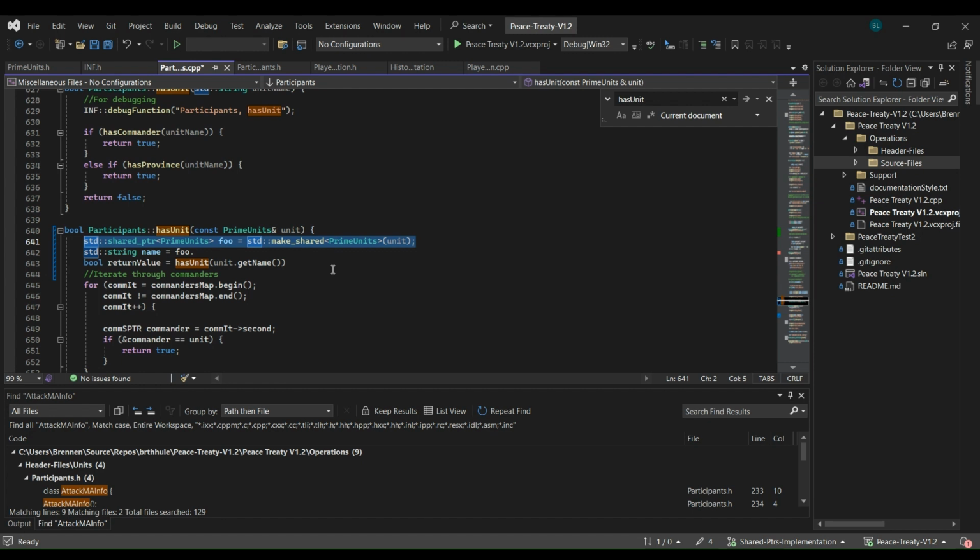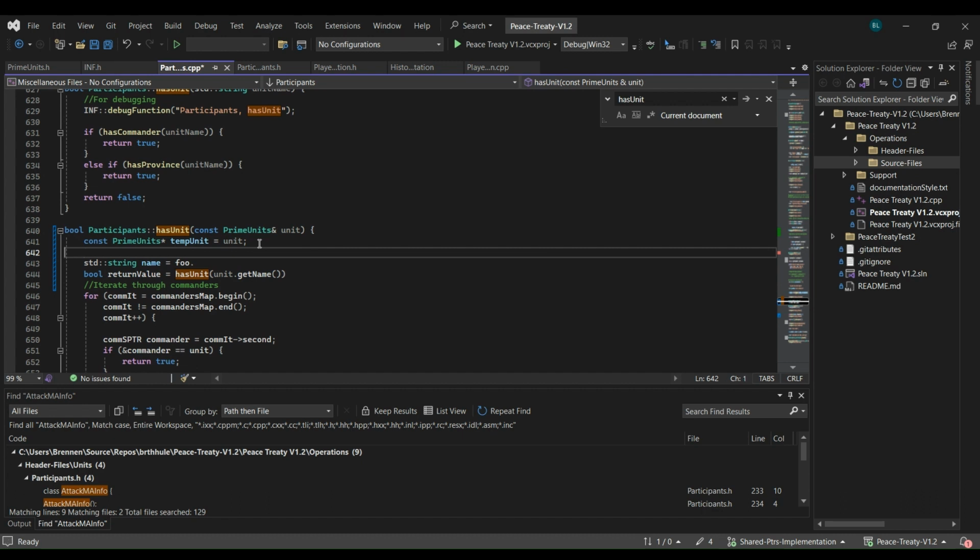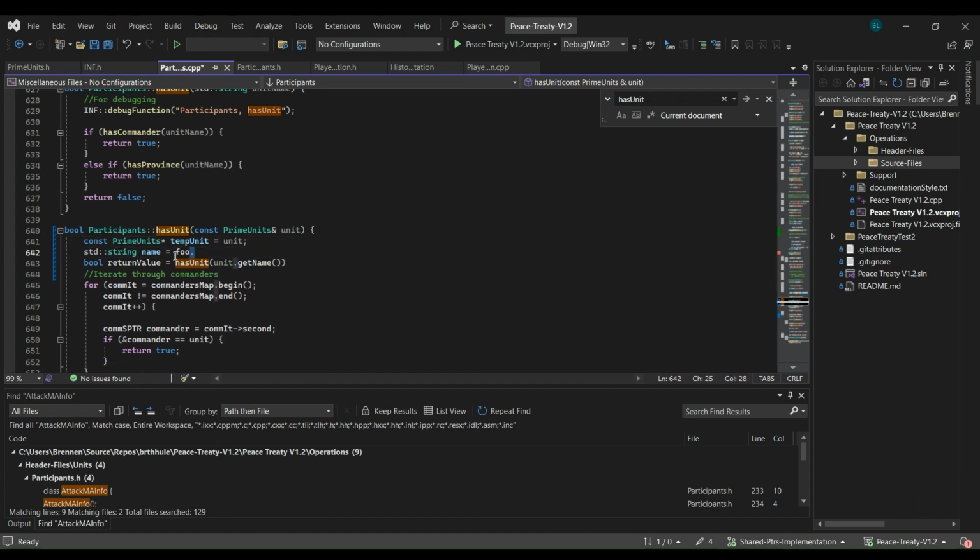Let's see. Units. Unit equals unit. Should be legal, I think. Const. Keep everything immutable here. And then SC string name is equal to